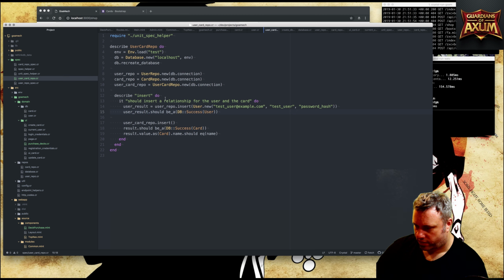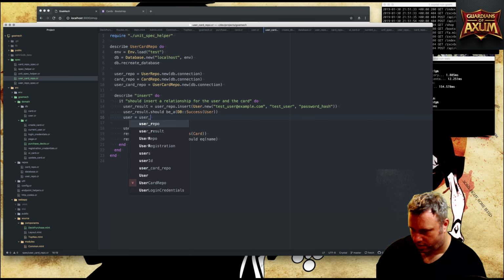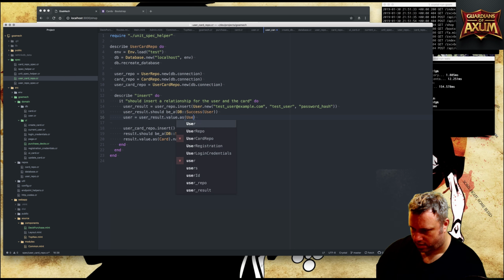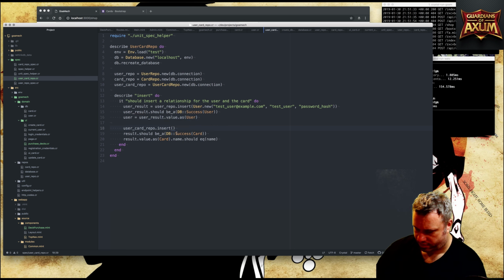Okay, so we've got a user. We'll have to add some cards. Then we'll say user card repo insert, and so let's get a user, which will be user result value as user, and we'll need the ID,